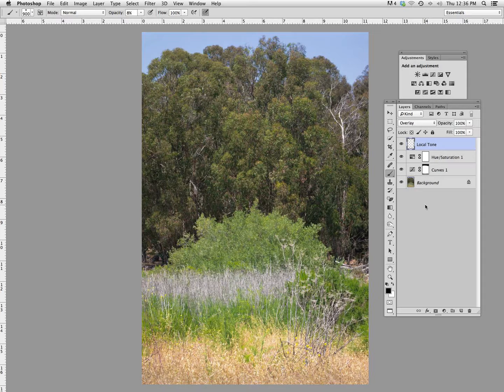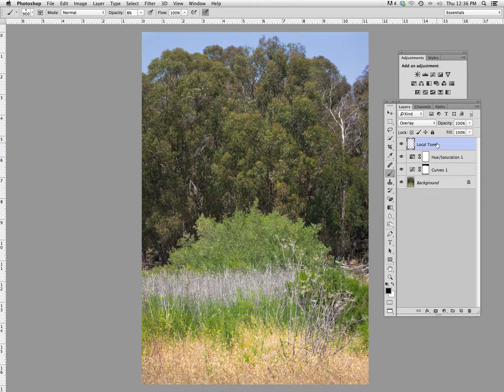It's been given minimal adjustments in Lightroom, and then as you can see here in Photoshop, I've given it a curves adjustment, a hue and saturation, as well as some local tone, which is a variation on dodge and burn technique. So to now, if I otherwise like the image, midtone contrast adjustment is typically done as a last step